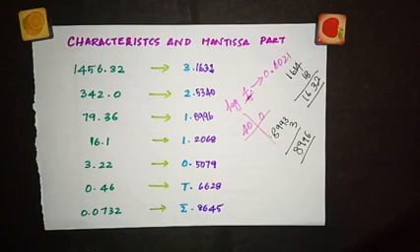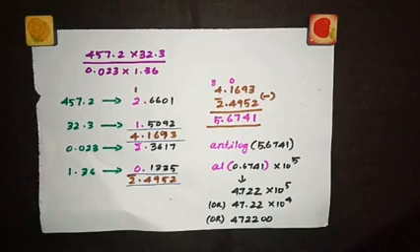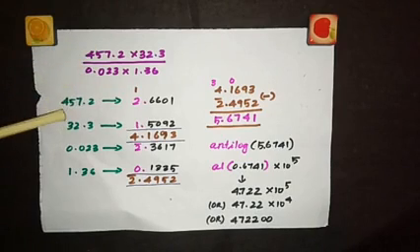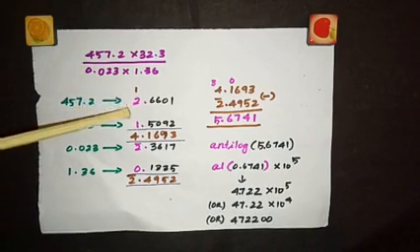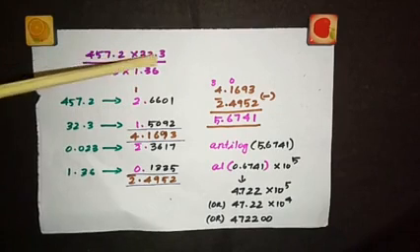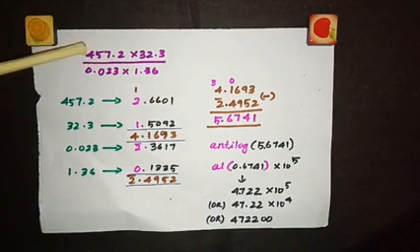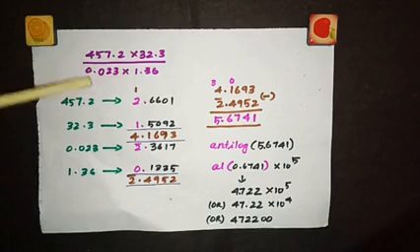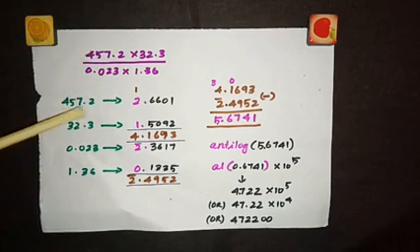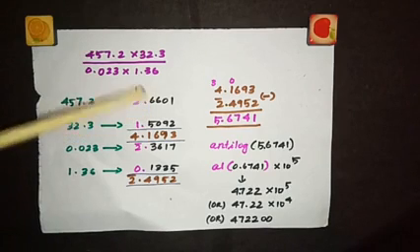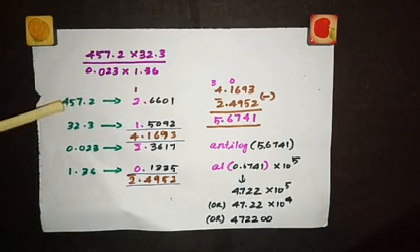So now we'll move on to the calculation. This is the problem that we have taken in the beginning of the video. So now 457.2, we are going to find out the log. See, here it is multiplication, here it is division. We are going to take log, add these two log values, and then add these two log values, and then subtract the value you're getting here from this value. Now for this log value, see there are 3 digits before the decimal, so 2 point is the characteristic part. Now look into the log table for 45, 7 and 2 mean difference.